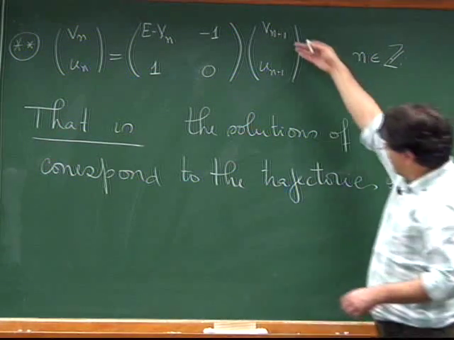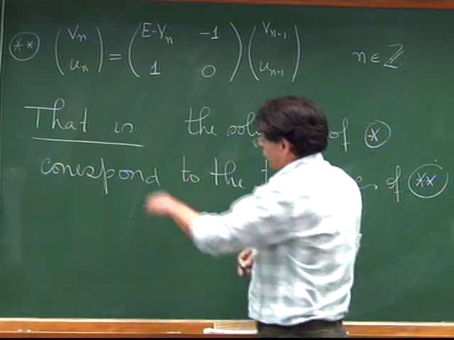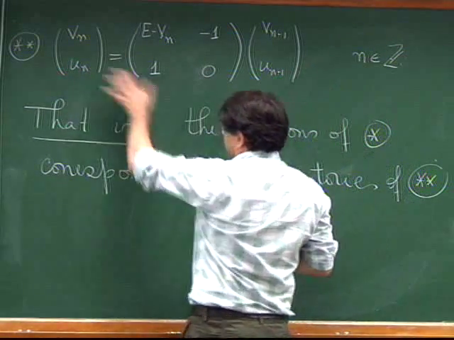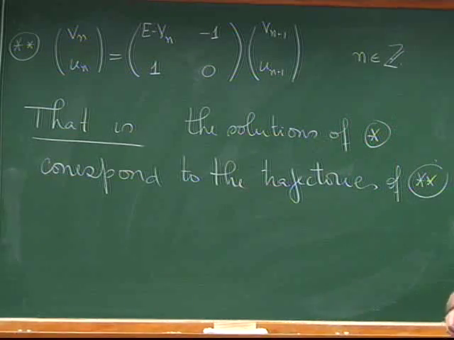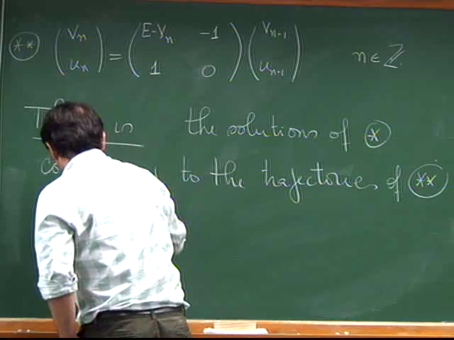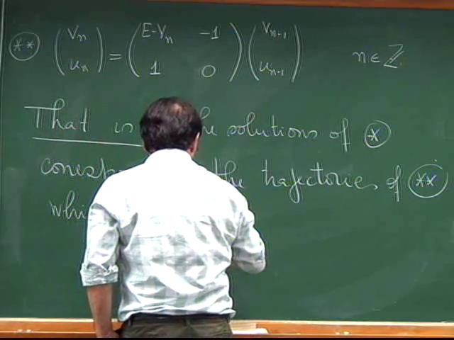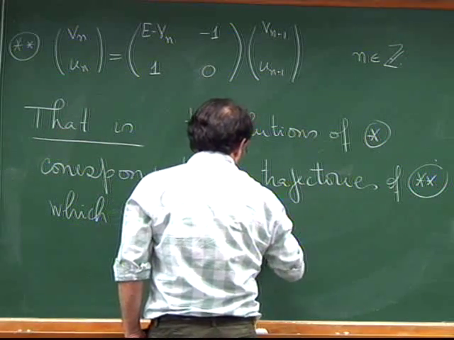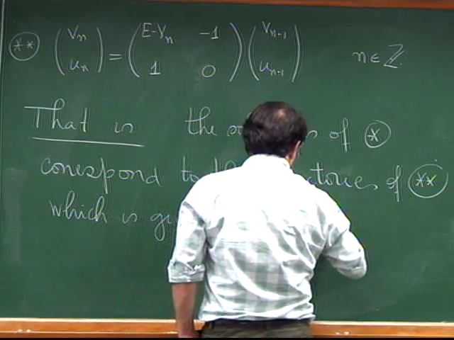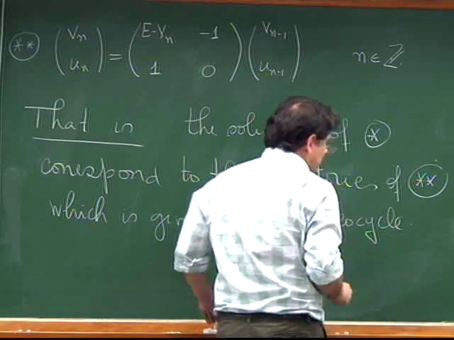You see, I'm telling you how, given a pair v_{n-1}, u_{n-1}, to get a new one. This is an iteration. And this is given by a linear cocycle. It is a linear cocycle. Namely,